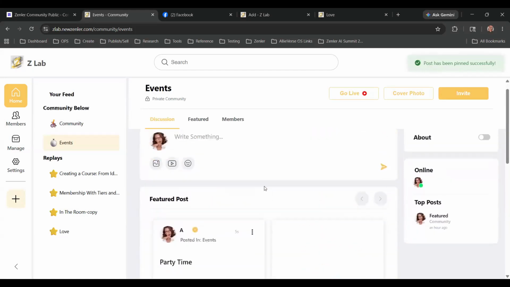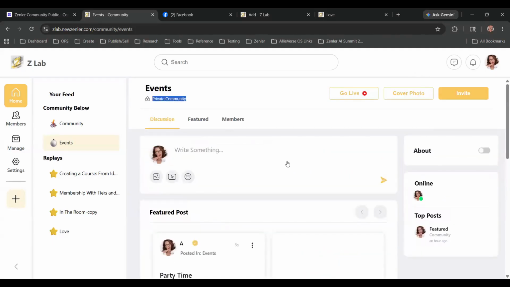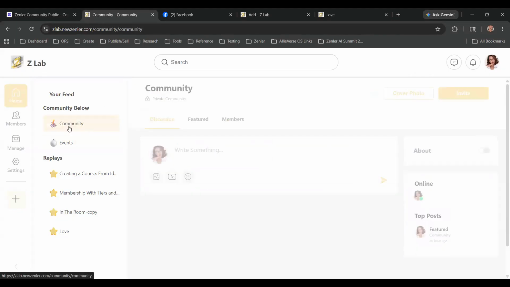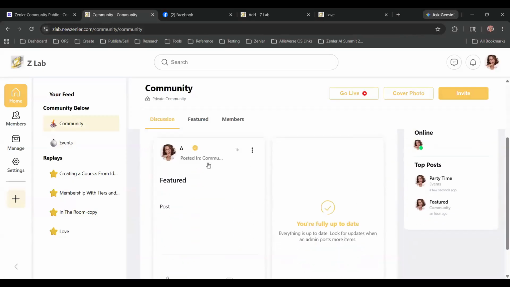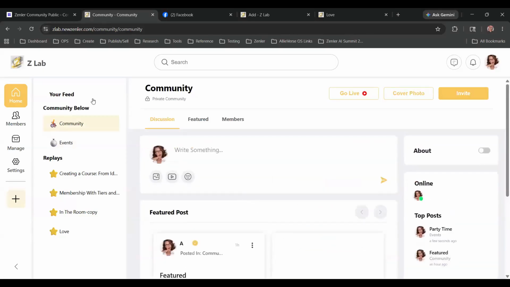Now in the events community, you have the featured post section. There's just one featured post there, and that's the only post in the community.